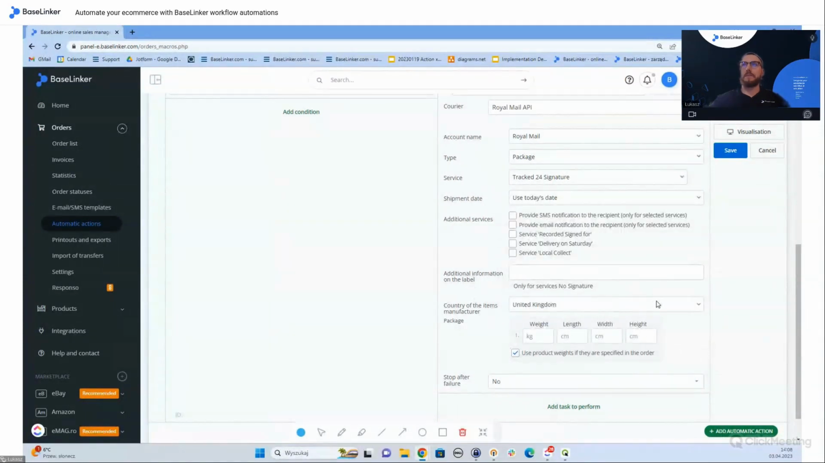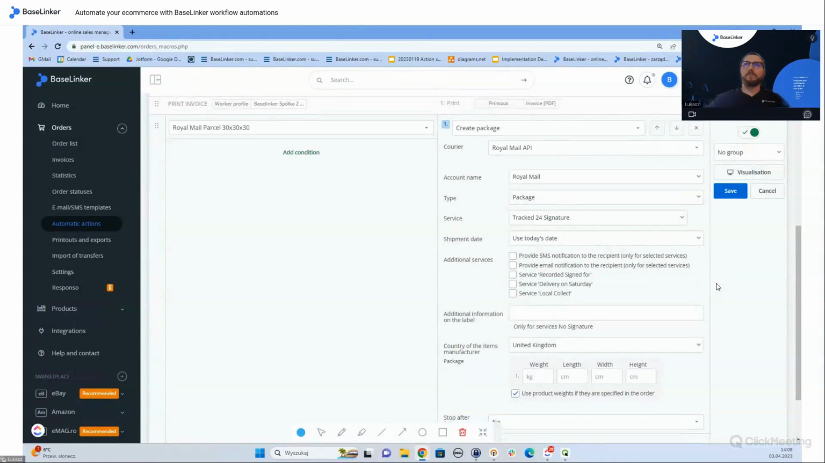These settings may vary for every single courier integration, but the process looks exactly the same. As soon as you learn how to use the automatic actions, you'll be good to go and create as many automatic actions for different courier integrations as you want. So let's say my package could be 5 kilograms, and now I'm going to use the length, the width and the height as I used in the name of the button. Now whenever I click on the save button,